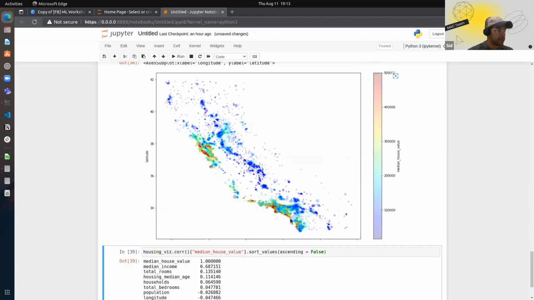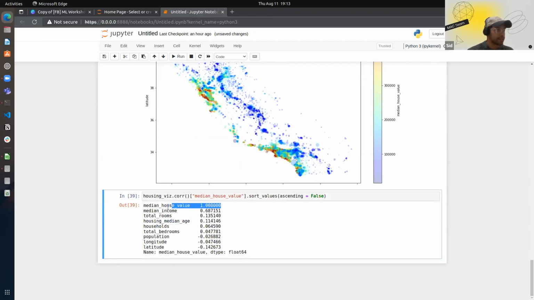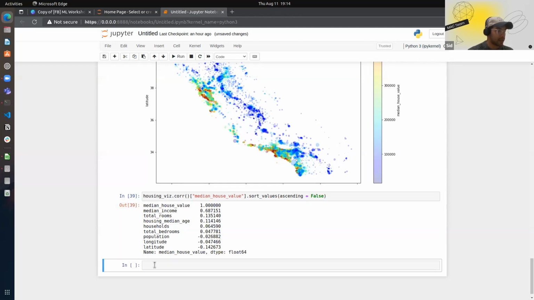Let's run that. Okay. Again, this is obviously a variable that will be correlated to itself. The next one is median income. Yeah, pretty much what we were talking about before. All right, so what we can do next is we could probably create another visualization like a scatter matrix,